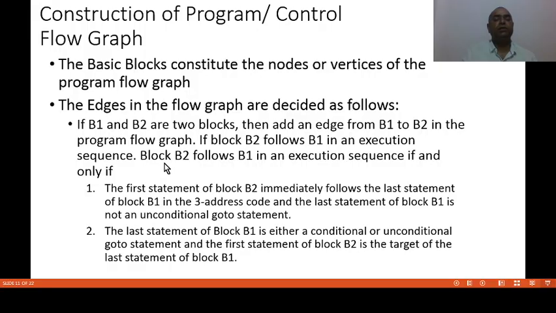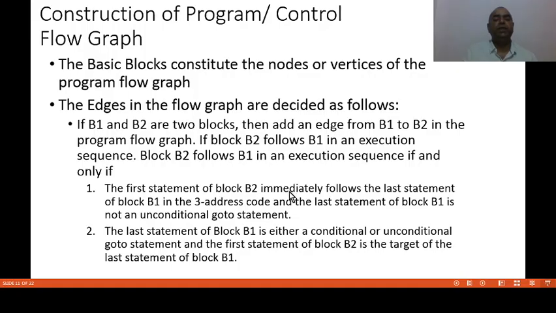That means if after completing the B1 block the control goes to the B2 block, then there will be an edge from B1 to B2. Block B2 follows B1 in an execution sequence if and only if the first statement of block B2 immediately follows the last statement of block B1 in the 3 address code, and the last statement of block B1 is not an unconditional go-to statement.